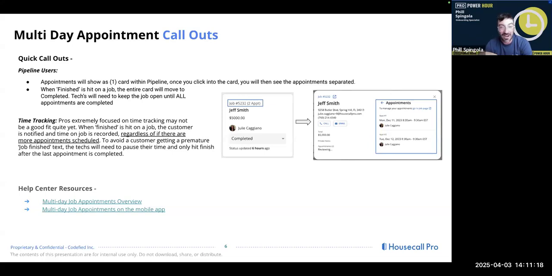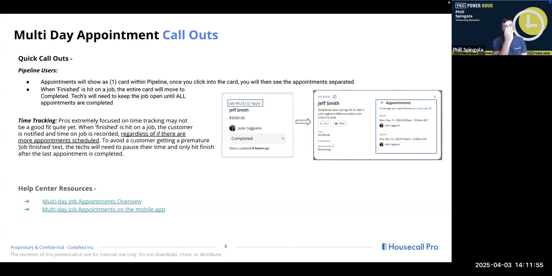So the thing to point out with that being said is that with appointments, it's a little bit harder for people that really focus a lot of attention on time tracking. This was one of the questions that was brought up through Facebook that we had prepared for today: our system currently, as we do our time tracking, doesn't take into account each appointment. I kind of say that a little bit like it kind of does, it kind of doesn't. It doesn't do it very well, I'm going to say.